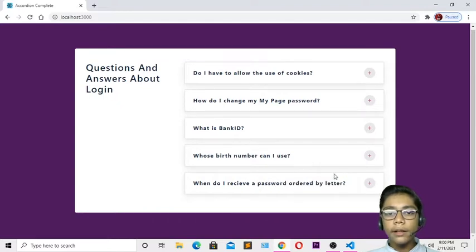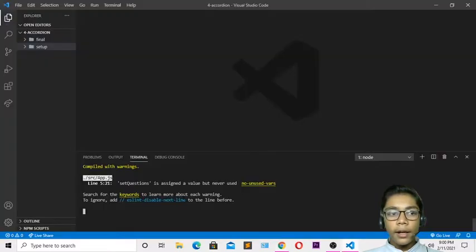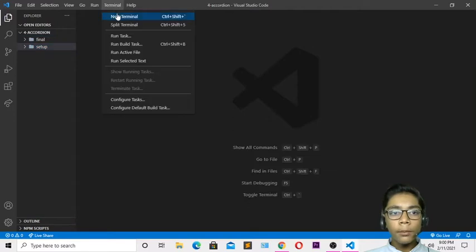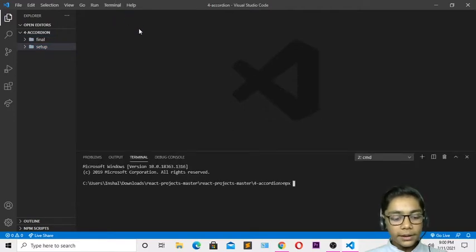We will be building that with React.js, and I will open my text editor for building that, which is called Visual Studio Code. Open that here and go to file. I've created a folder called setup. For creating the app, you have to go to the terminal and write npx create-react-app. Our React app name is accordion project.